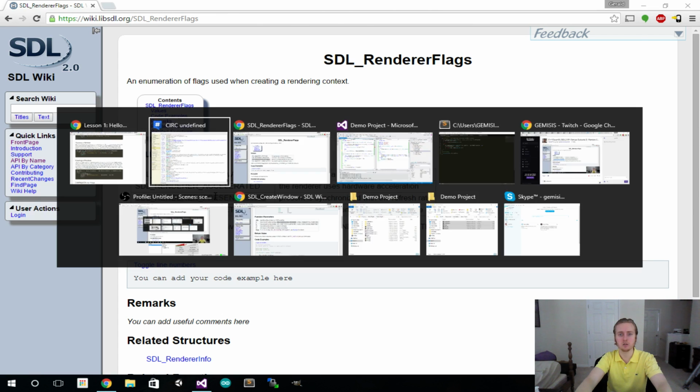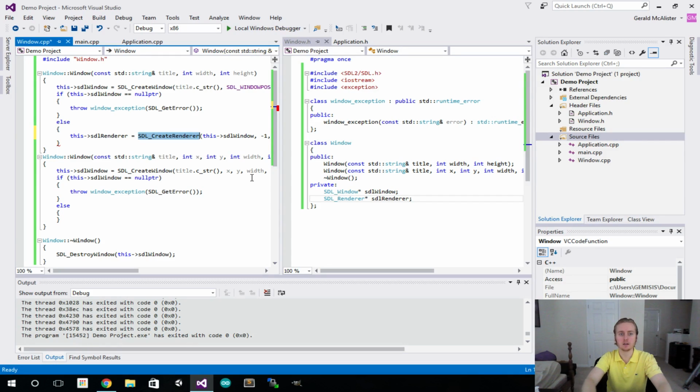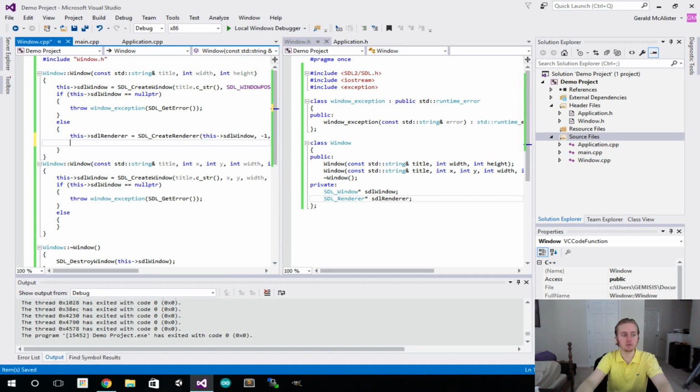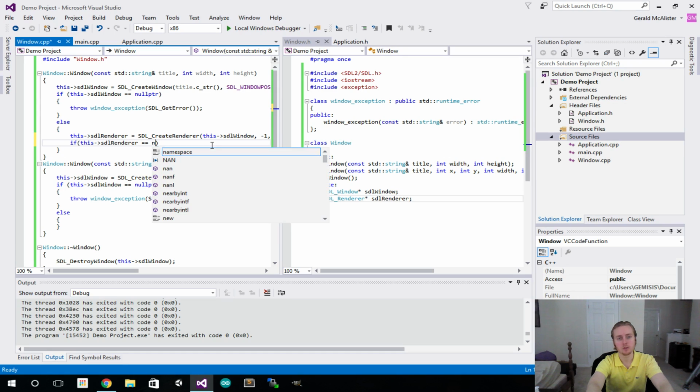So we have our create renderer. We have accelerated for that and present vsync. That goes through and creates our renderer. Now we want to come over here and check whether this was successful. So again, if SDL renderer equals null pointer,